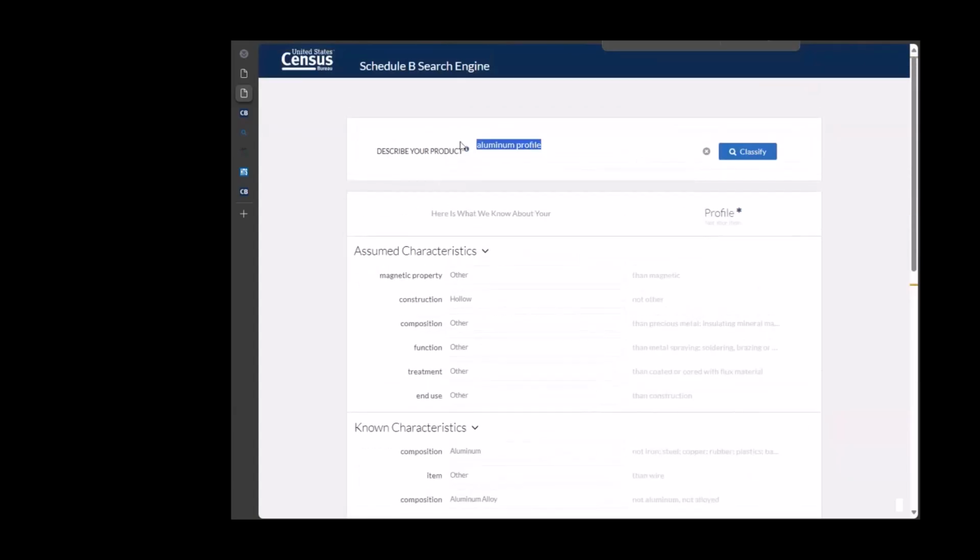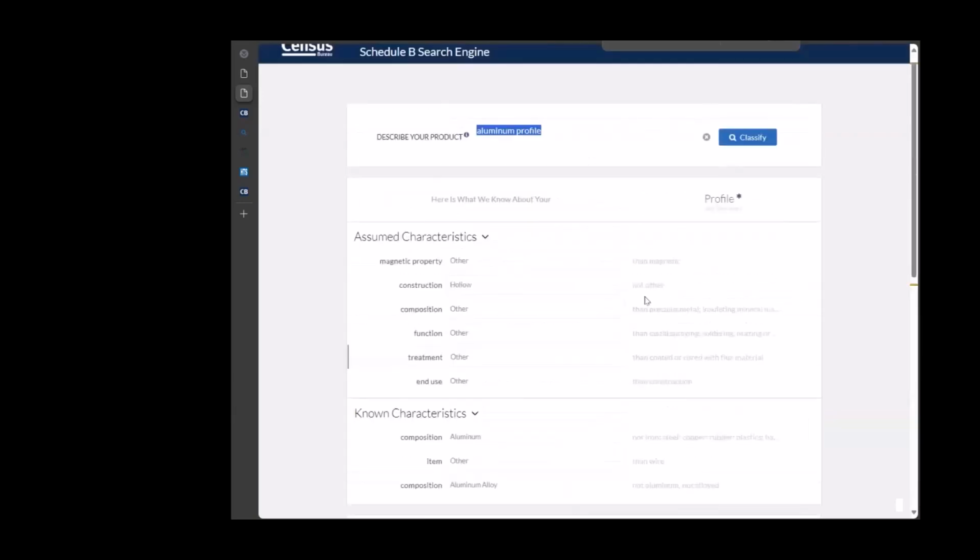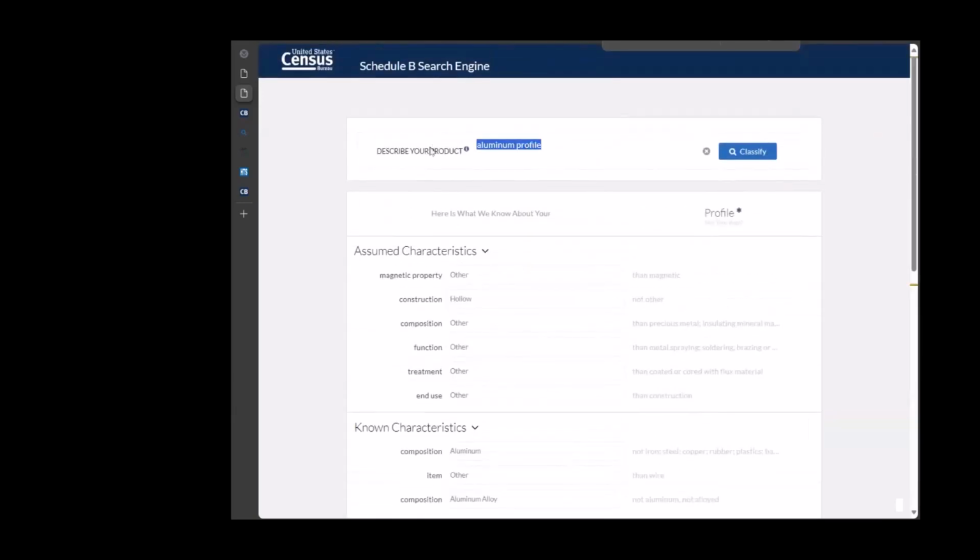Sometimes we ship the bare profiles, and those are definitely 7604. But when we've added the other components that make it fit with the machine, we have considered them in practice as parts of the machine. Parts of the machine. Okay, that's a good way of going about it, because if it is a part of the machine,